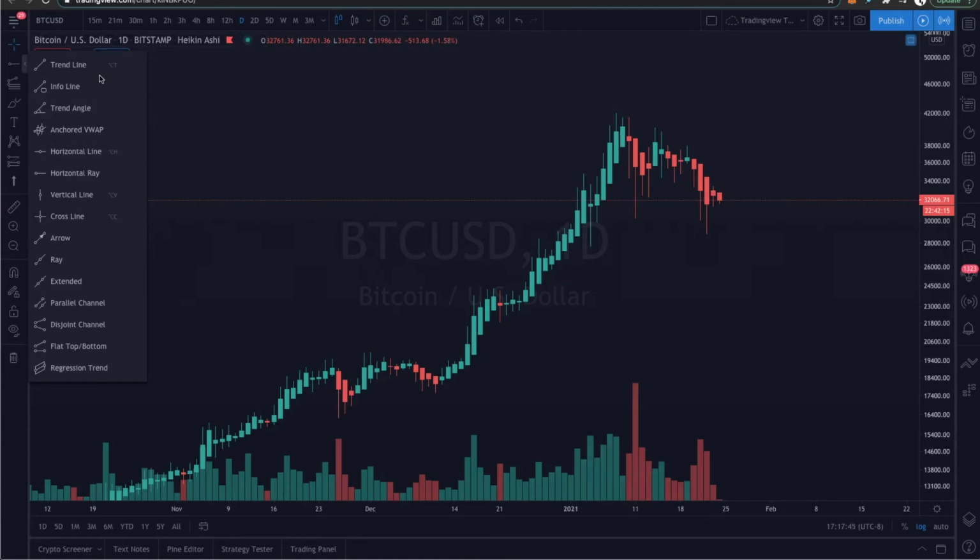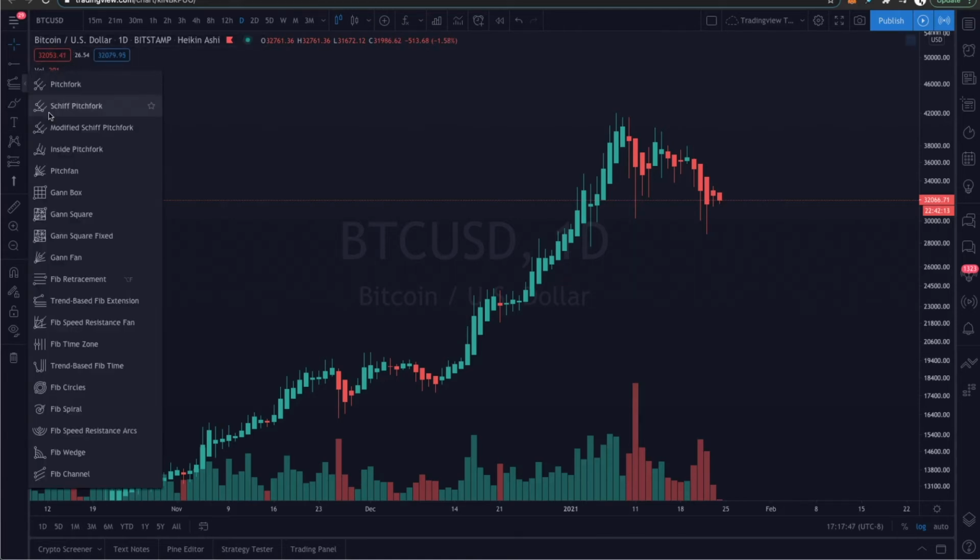So in this menu, we went over all of the drawings that we have here. You can get in there and experiment with those on your own. Here is where you will find a lot of the drawing tools that I do use in the charts I post in the trading group. The number one tool in the trading group that I use is the Fibonacci retracement tool. This tool is very, very useful and something that I will show you how to use later in the